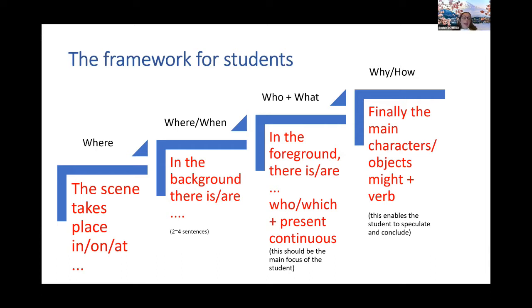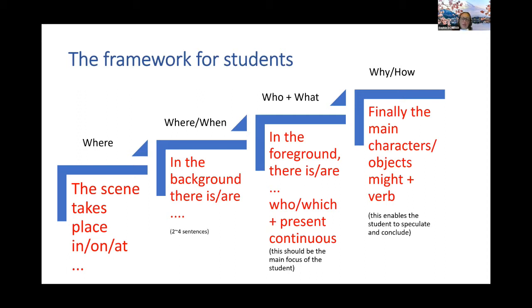It can also include when. So for example, I can see the sun is shining, it's daylight, it might be summer. Okay, so a couple of sentences about the background, and then the student can move on to what really matters,